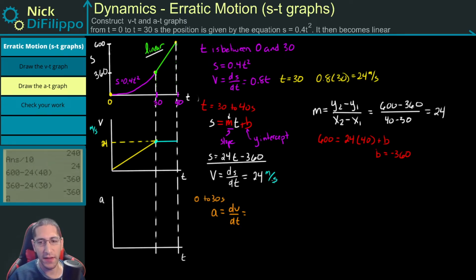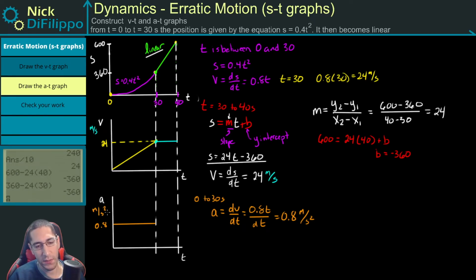Our change in velocity is this 0.8t. So it's 0.8t over dt, and this is 0.8. So our acceleration is constant. Our acceleration is constant at 0.8